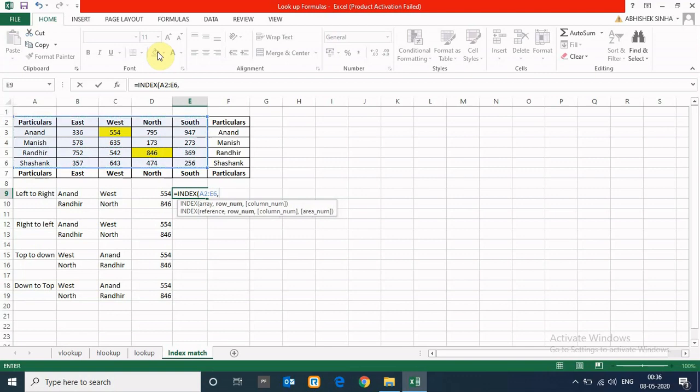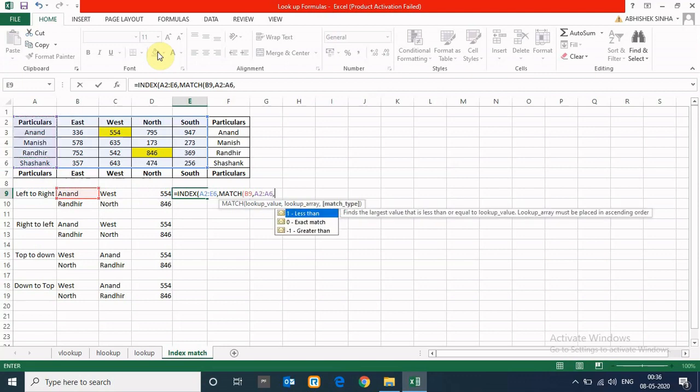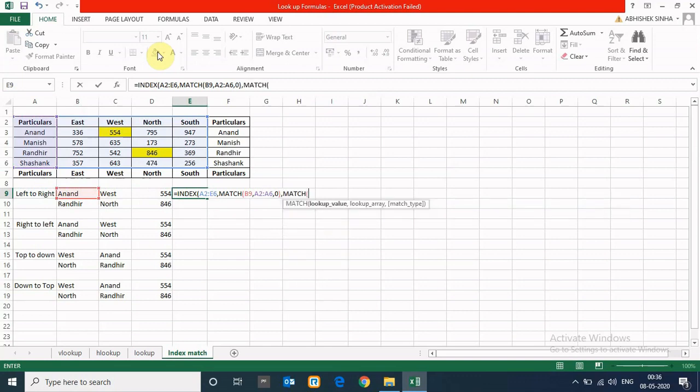So we choose the complete function, comma, MATCH, lookup value is Anand first of all, and for Anand we select this, comma 0, comma, column number MATCH, lookup value is West, we will use this, comma 0, this, and close. Then it provides 554, same result. Now it's very much dynamic.